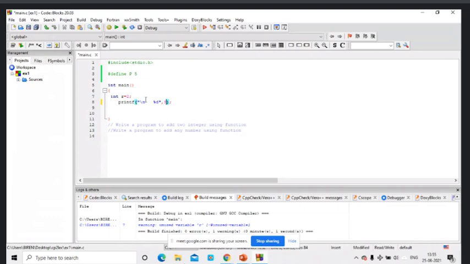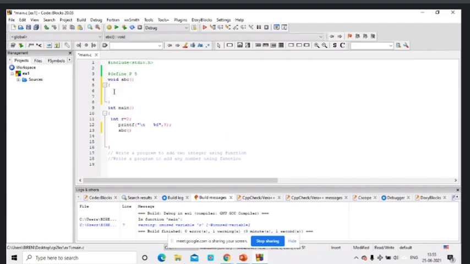Now if you use a function, what would be the scenario? Here, let's say the function name is ABC. The compiler reads this and creates the object code. Now during execution, whenever this line is there, the control is transferred to that particular function. Let's say this is the definition of this function.